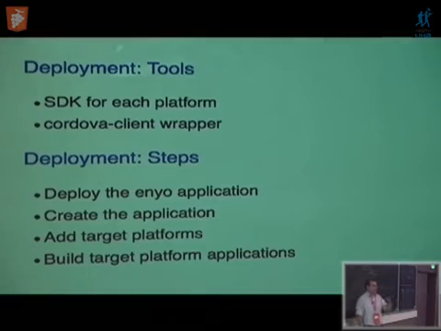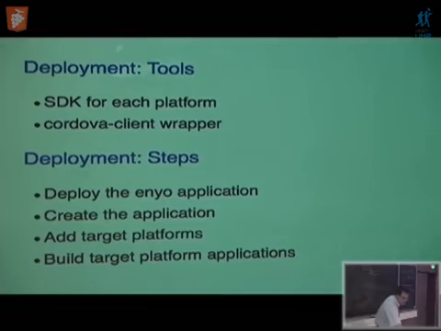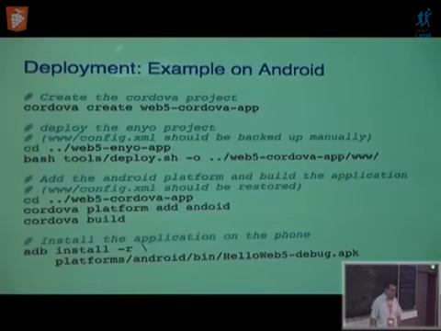The Cordova client is a node application that will handle the deployment. So the steps would be to deploy the new application with the deploy.sh script, create the application on our target platforms, and build these target platform applications,